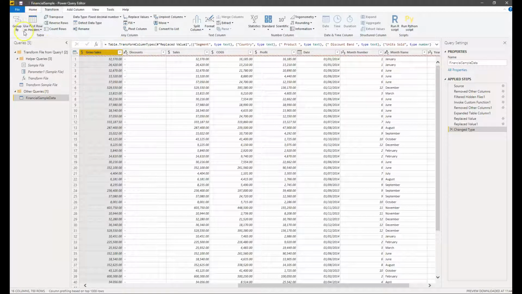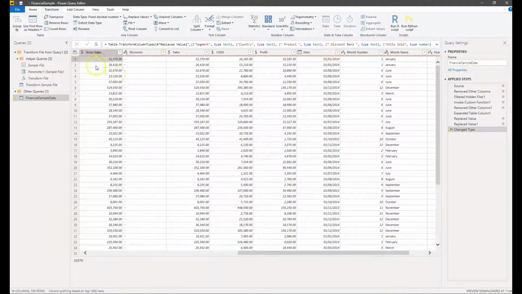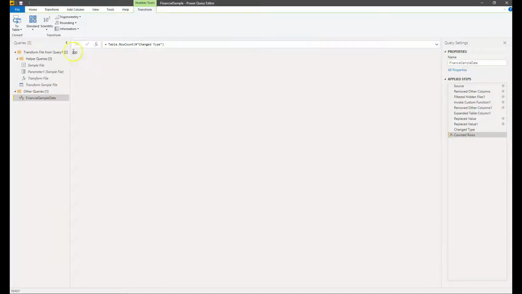Whatever, this is applied at the table level. So whatever I select, actually, I don't even need to select anything in particular. I'm going to click on count rows, and I have the total number of rows within our table. This is applied at the table level. So whatever I select, I could select a cell, a range, a record, or a column. It counts for